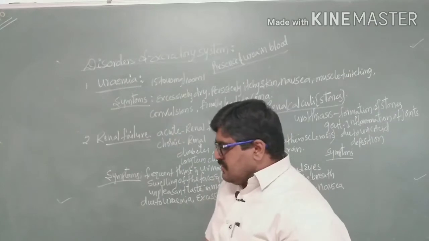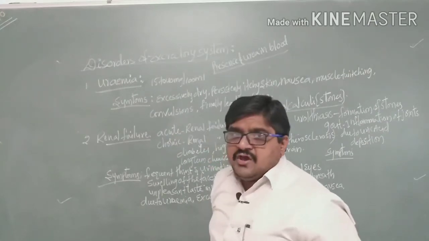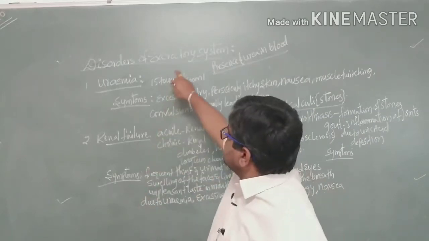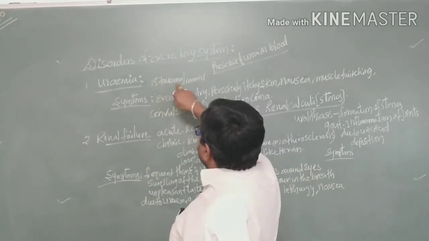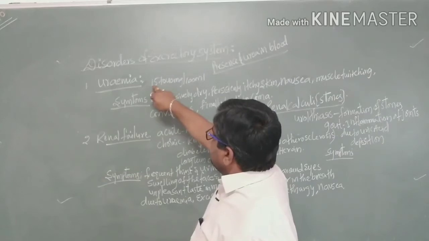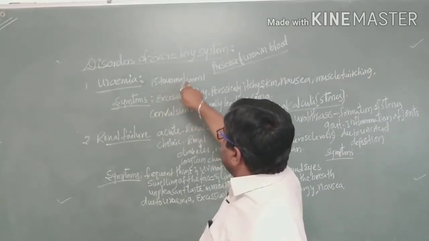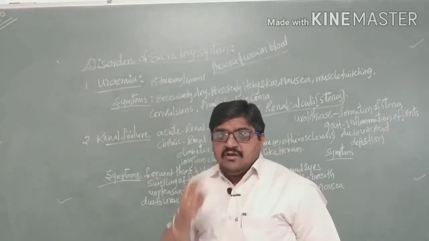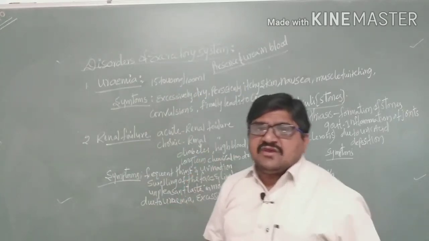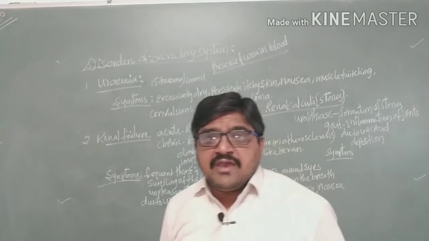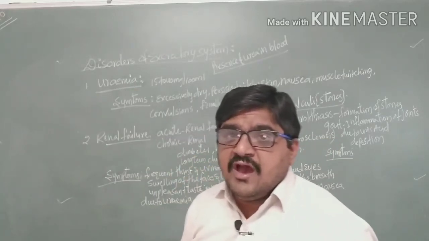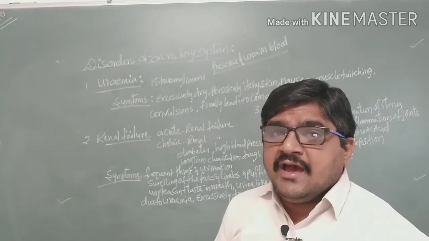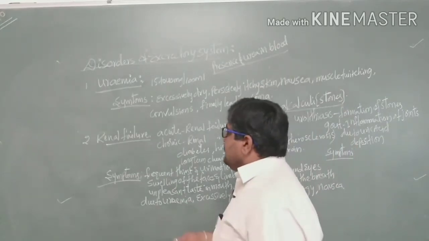What is uremia? The presence of urea in the blood. We call this condition uremia, where 15 to 40 grams of urea is present in 100 ml of blood. So the presence of urea in the blood is called uremia condition, where it shows